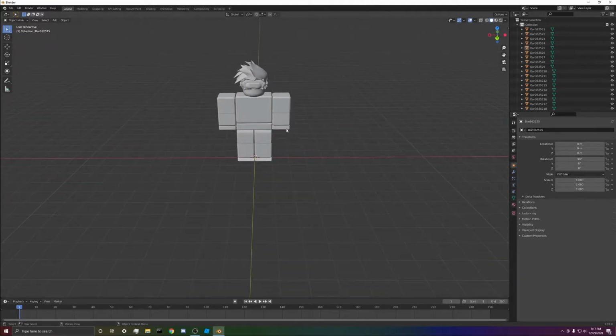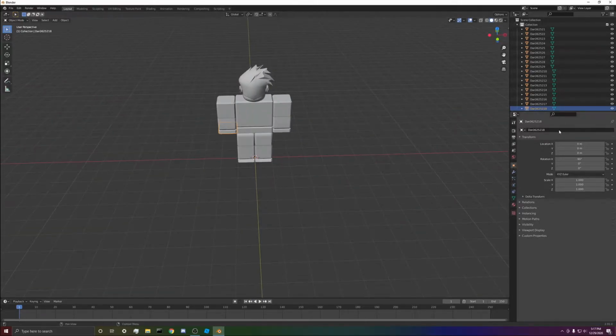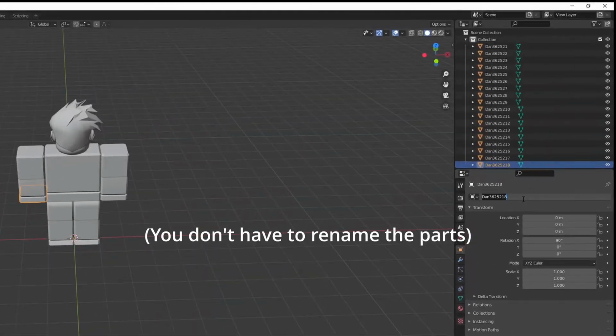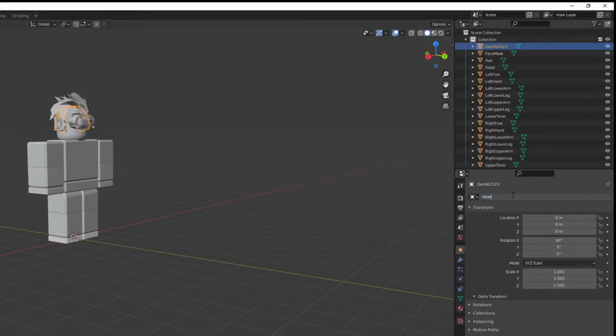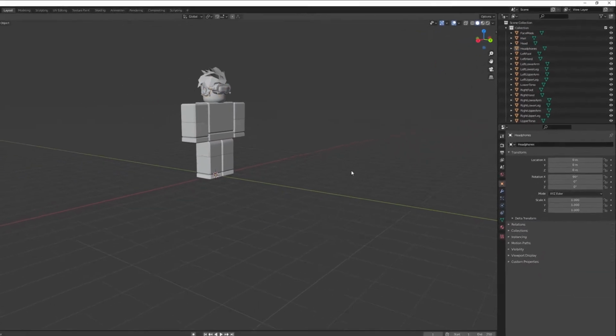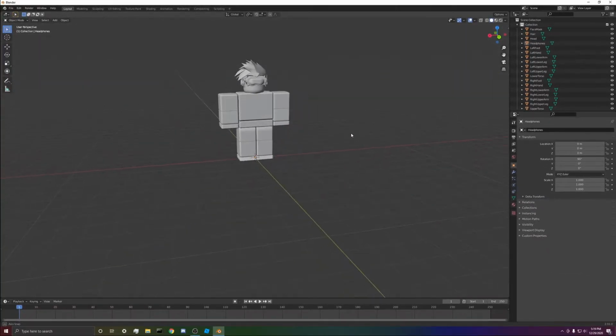I would recommend renaming each one of these by pressing on it, going into this orange object properties tab, and renaming it. So let me just quickly rename all of these. This is left hand, left, okay. This step wasn't necessary, but it's good practice to do that if you're gonna have a lot of large